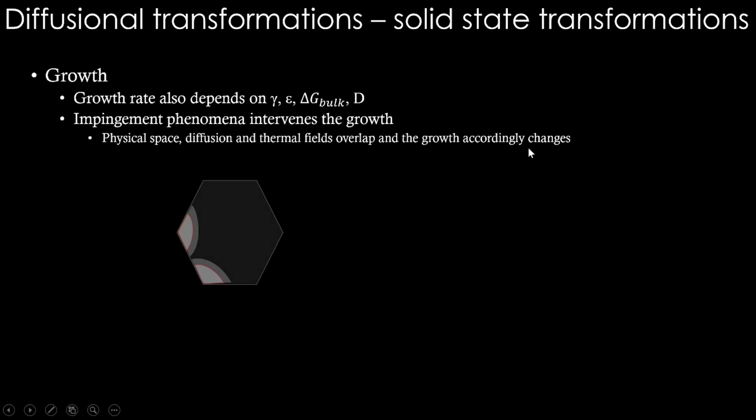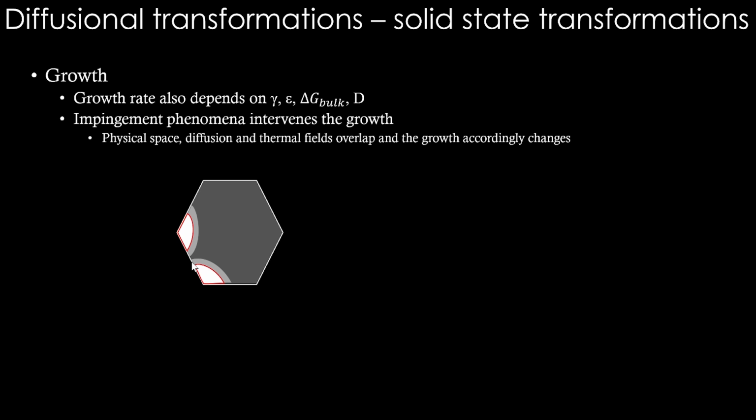What are we talking about? You bring this nucleus, let's say a couple of nuclei like this, and I am putting some more area like this in a light grey shade. You can imagine that area to be where the diffusion field is. For example, near the interface, if you remember, there will be more diffusion activity because the equilibrium partitioning happens there. So the product phase and parent phase will follow the compositions shown by the tie line. And then the bulk of the parent phase can still have the overall composition, but near the interface is where most of the diffusion activity happens. And if you remember, in all the diffusion simulations, we have been focusing more calculation points near the interface. It is for that reason. So we call that region the diffusion field.